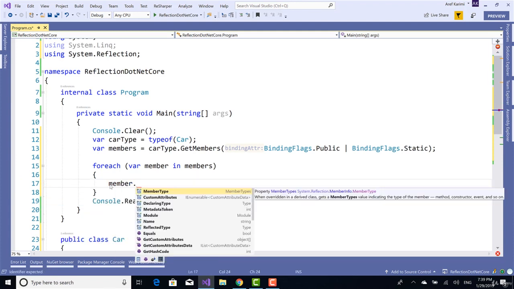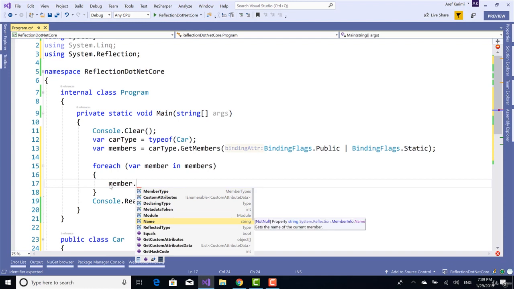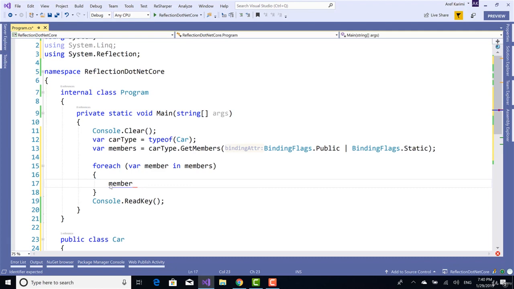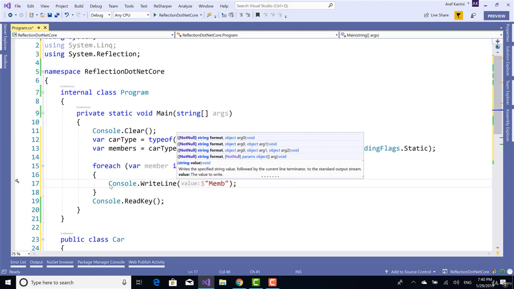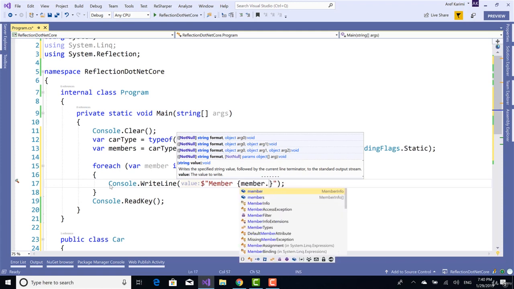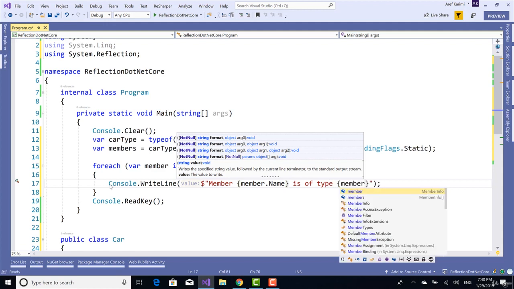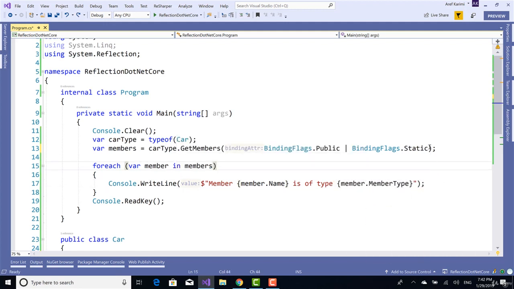We have MemberType, which gives us the type, and then you have Name, which is the name of the member, and those are the most important ones. So let's write them to the output console. Console.WriteLine, and then we can say member name is of type member type. Before executing our code, I will remove the binding flags